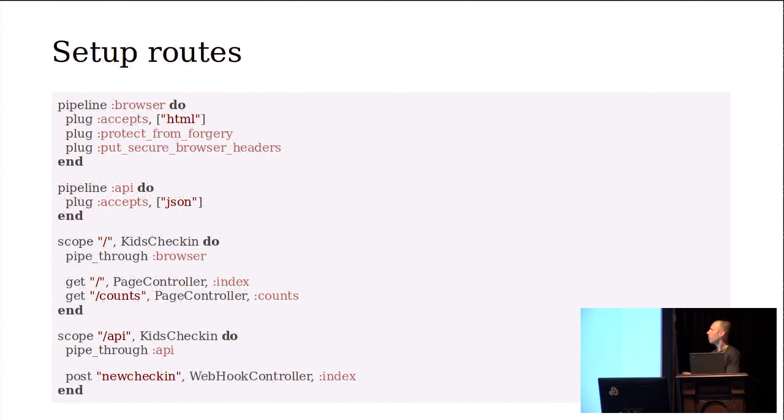When we want to use the pipelines, we can set up a series of scopes. We'll have one scope that will handle our browser requests, and then on the bottom, we'll have a different scope for our API, which the